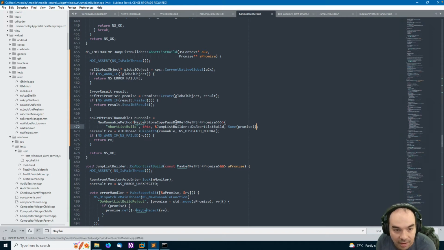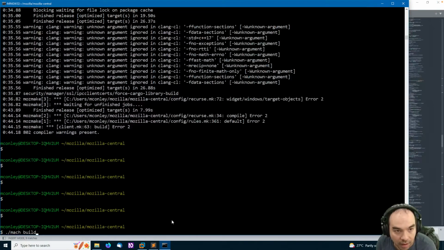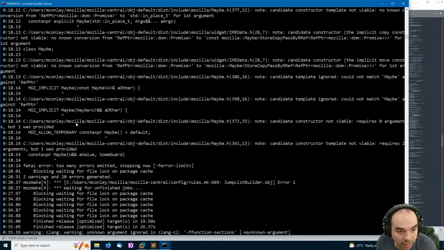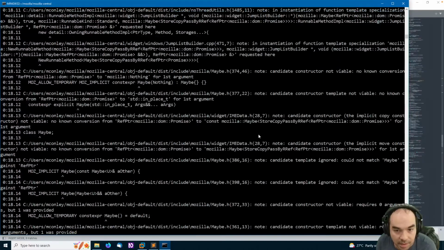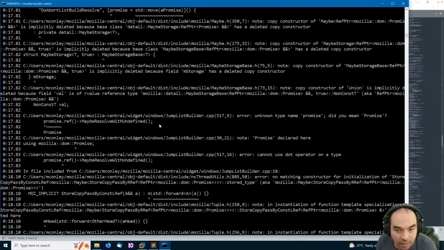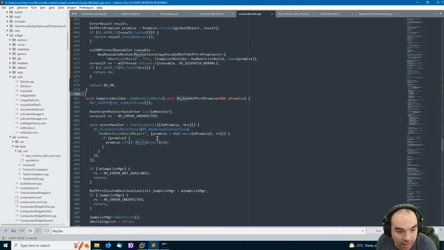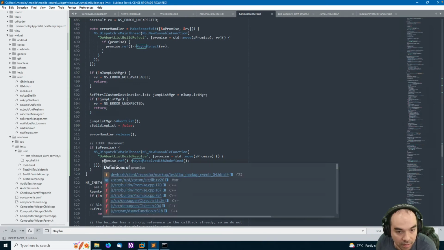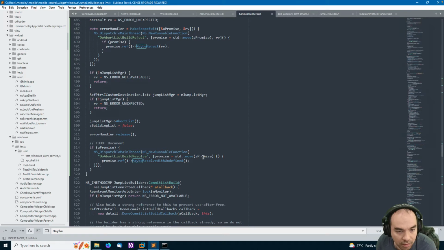That's what you want to pass there. I don't know if that's going to make much better. And it doesn't like nothing. Class maybe constant. Okay, constructor. There's a lot of issues here. Unknown type name. Did you mean promise on 517? No, I meant this.